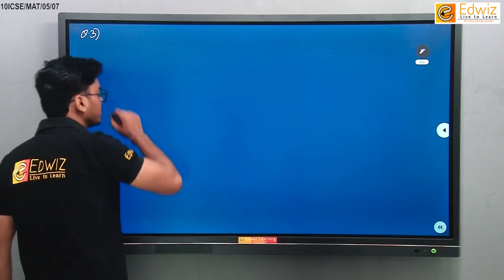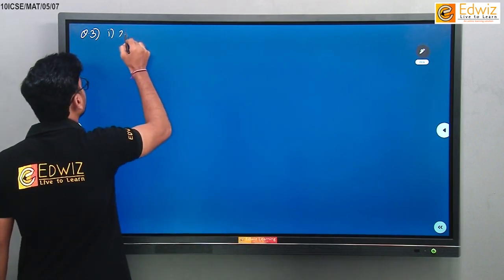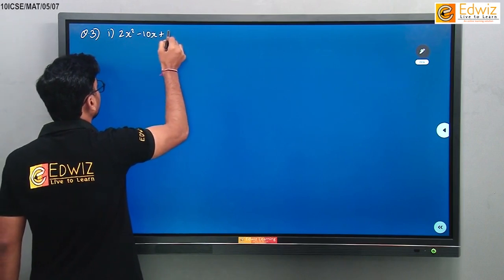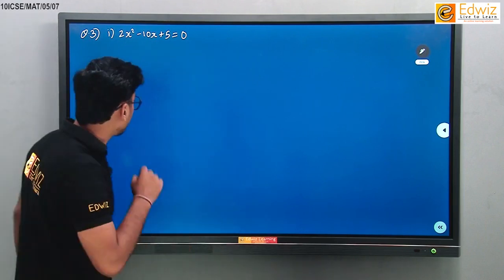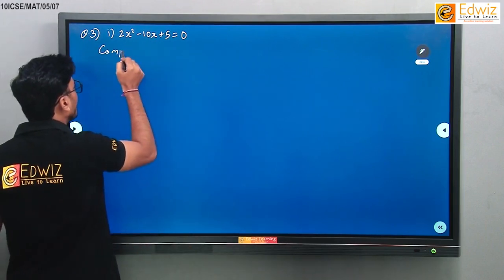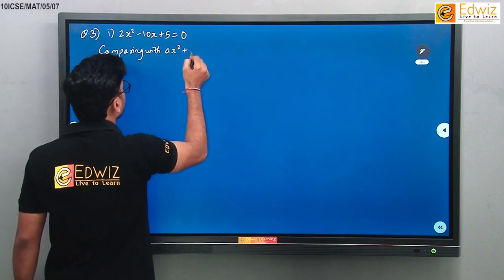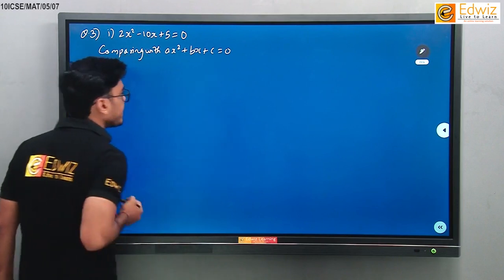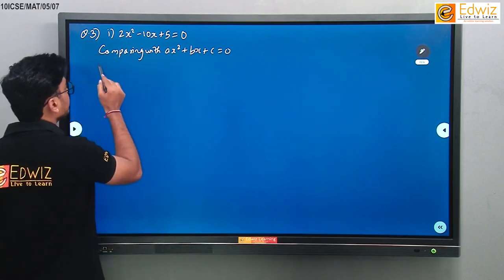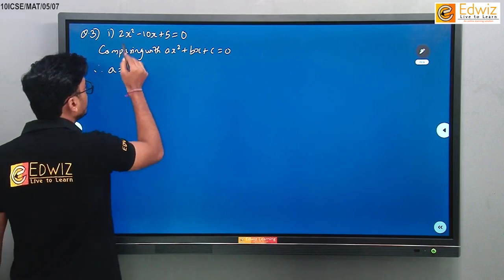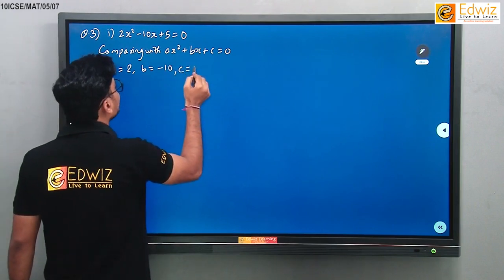question number 3. First one, 2x square minus 10x plus 5 equal to 0. You have to find the solution correct to two decimal places. Compare with the standard form, ax square plus bx plus c equal to 0. Next, a will be equal to 2, b will be equal to minus 10, c will be equal to